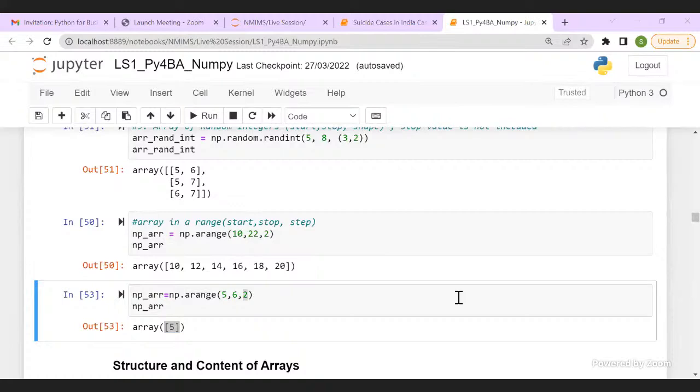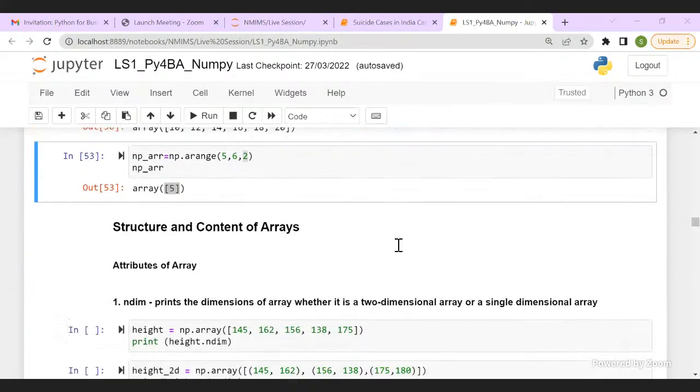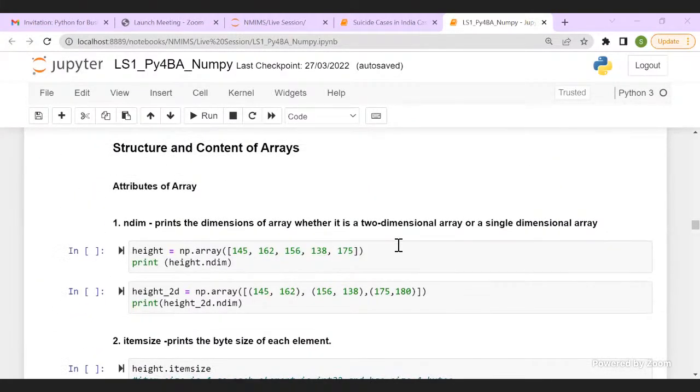All right, good. So let's go ahead and talk about the structure and content of the arrays. Before we start manipulating the arrays, let's try to understand attributes, or what we call the properties of the array.